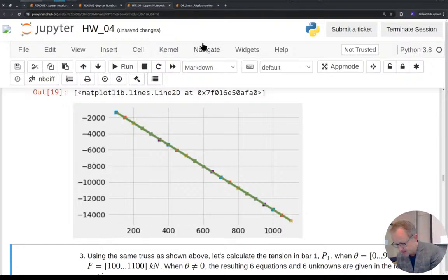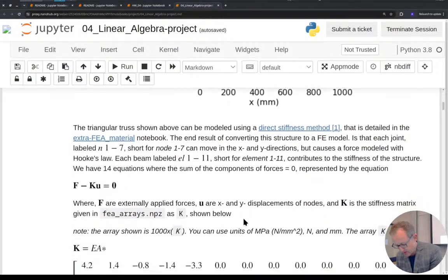So in this case of our linear algebra problem, we have